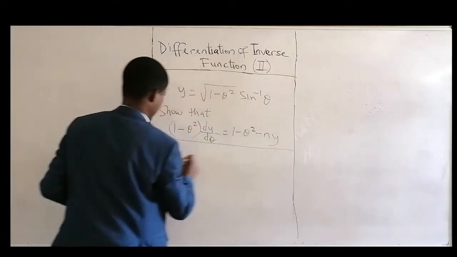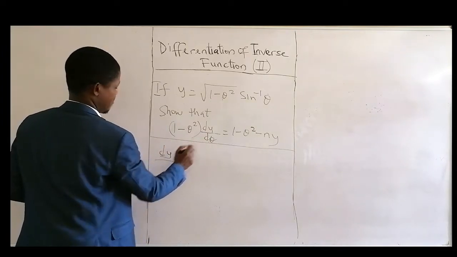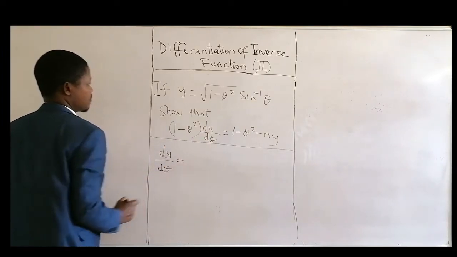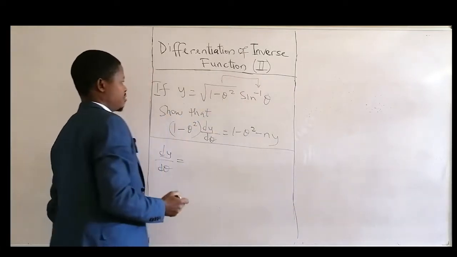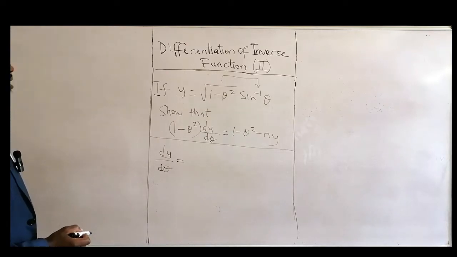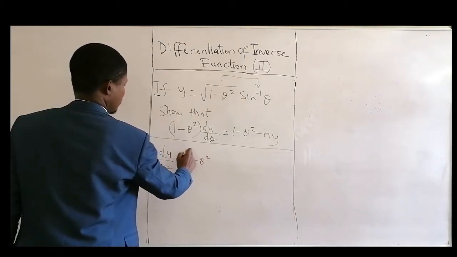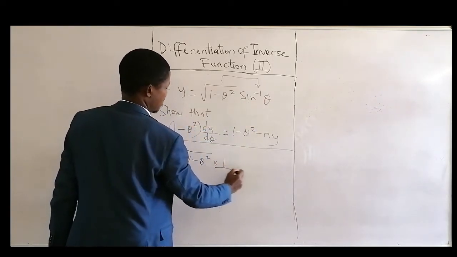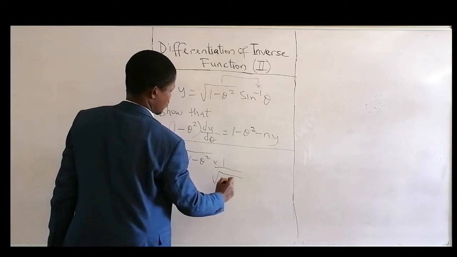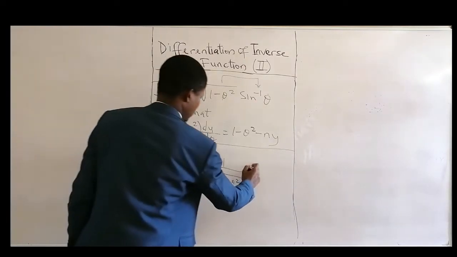So the dy d theta is equal to, this is the product rule. The two items is product rule. Whereby you keep one constant, you keep this one constant, and you differentiate this one, which is times 1 over square root 1 minus what? 1 minus theta squared. Then plus